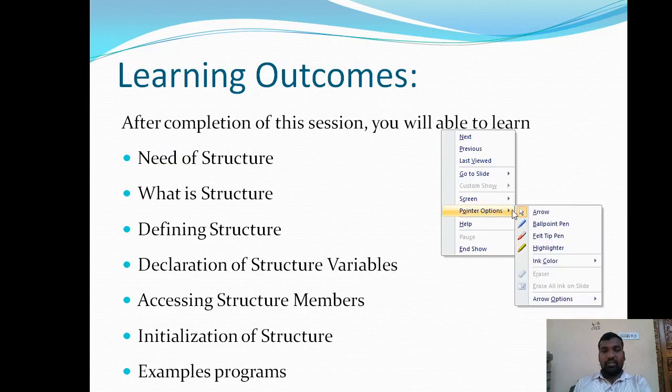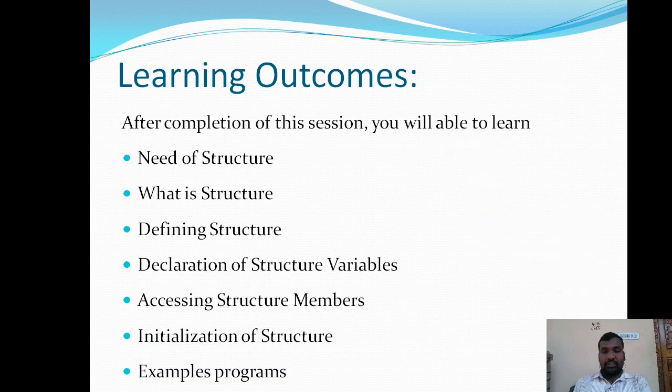The learning outcomes of today's session are: after completion of this particular session, a student will be able to know the need of structures in C programming, what is a structure, and how to define structures.